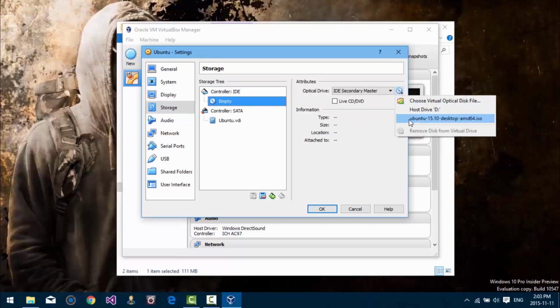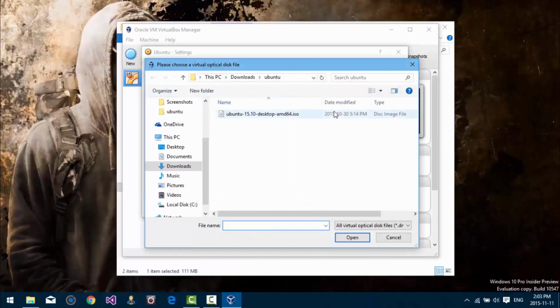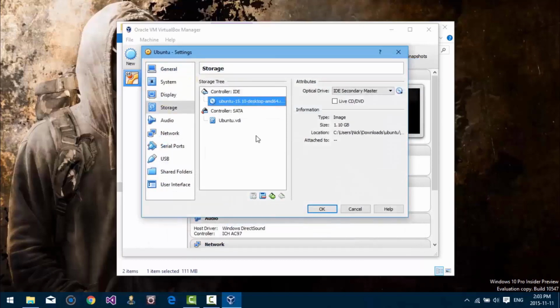I've already pre-selected it in a previous run, but what you're going to do is click Choose Virtual Optical Disk File, and then browse to where you saved the ISO. Select it and hit Open. Now this tells the virtual machine that we want to use this ISO to boot off of and to install the system. We don't really need to go through anything else, so just hit OK,